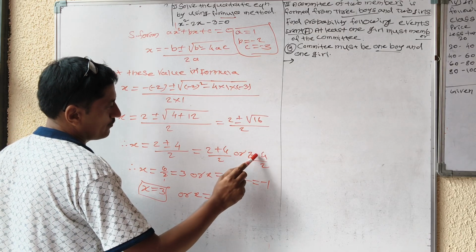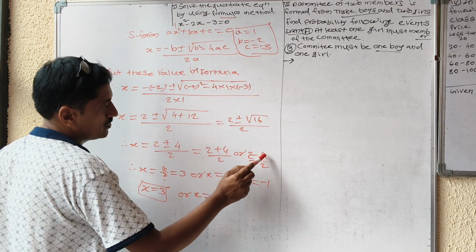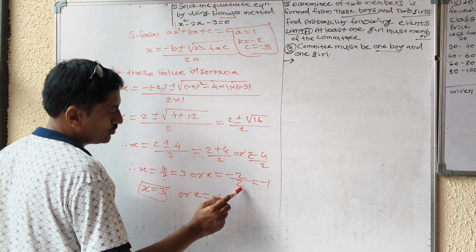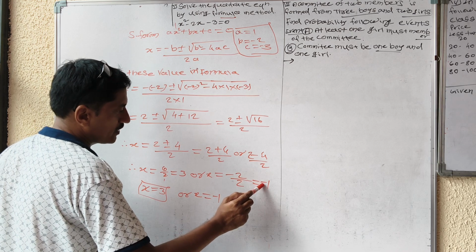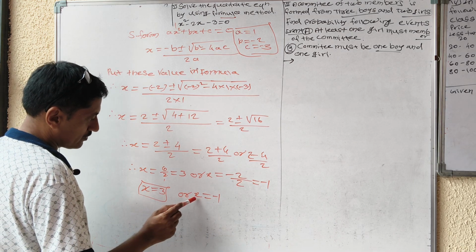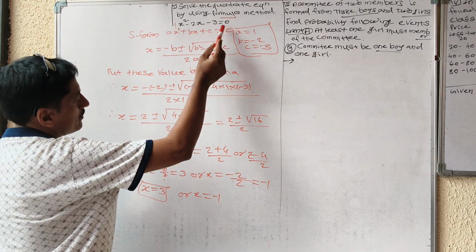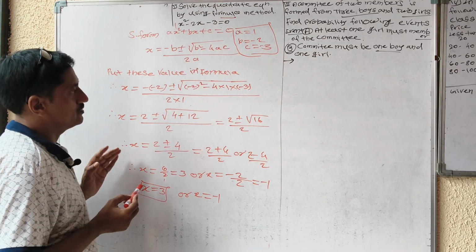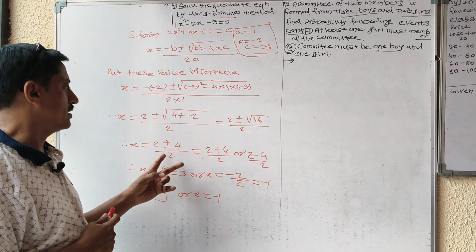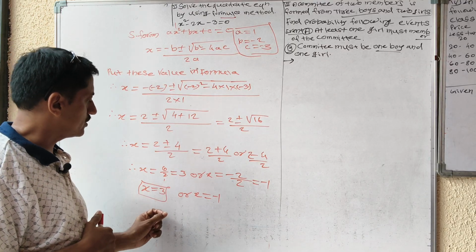2 minus 4. या ठिकाणी विद्यार्थ्यांनी लक्ष ठेवावं, मोठ्या संख्येचे साइन मायनस 4 मधून 2 गेले 2 राहिले 2 upon 2, 2 1 2, minus as it is 1. The value of x is equal to 3 or x is equal to minus 1. We get the answer. Very easy, formula method. विद्यार्थ्यांना या ठिकाणी साइन मध्ये लक्ष द्यावं, साइन मध्ये चुका करू नये, उत्तर सहज मिळतं.